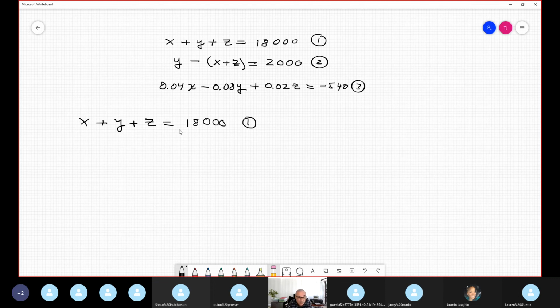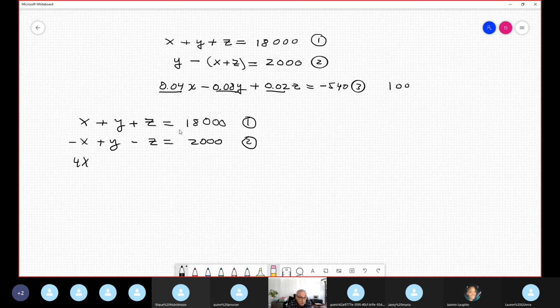But the second is crazy. Well, no, it's not crazy. It's minus x plus y minus z equals 2000. Equation 2. And the third, yes, is very, very crazy. I highly recommend eliminating the fraction, the decimal, sorry. Multiply everything by 100. When you multiply by 100, we have